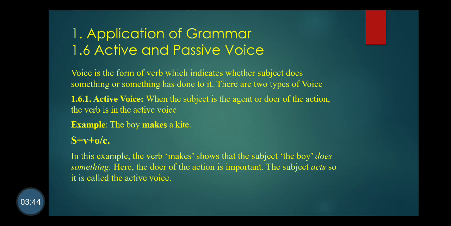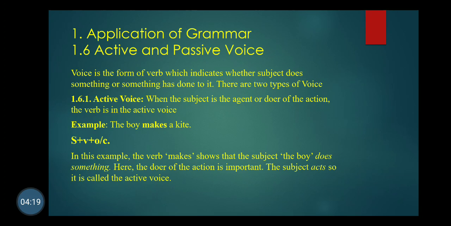First of all, voice. I will give a clear definition of voice also. In 1.1, articles are small man-made particles in English. Preposition, conjunction, you know it. Types of sentences I clarified. Tenses I also clarified. Here, what is voice, why it is called active or passive, how to identify it, and how to interchange it, I can clearly discuss the same thing with you.